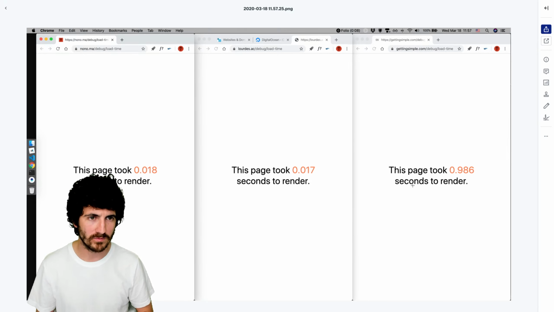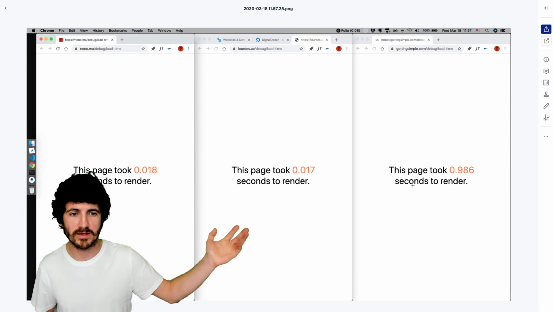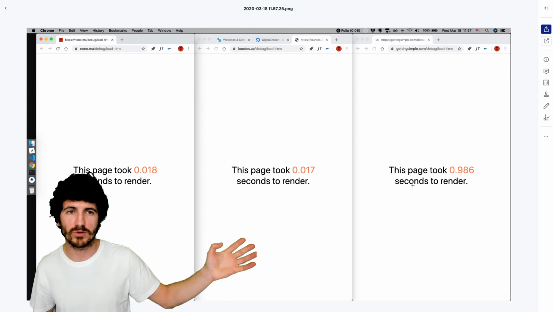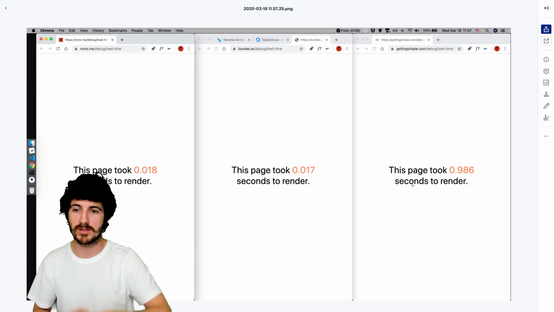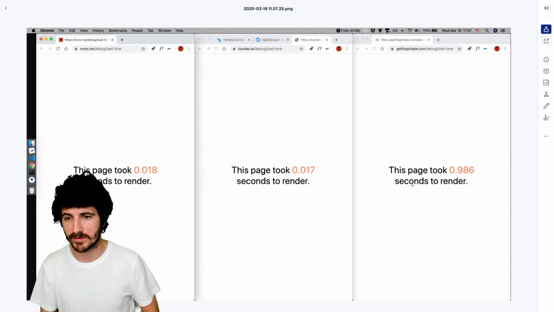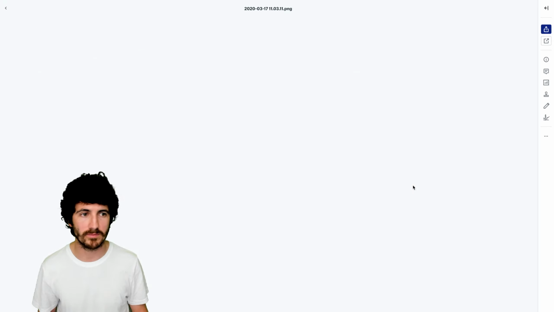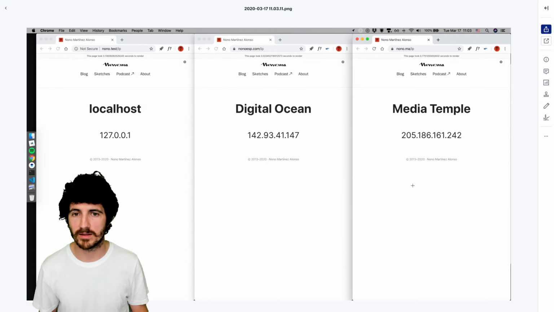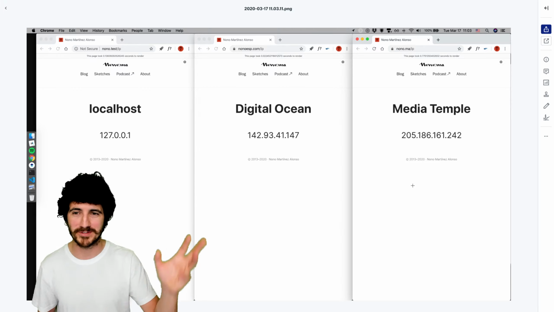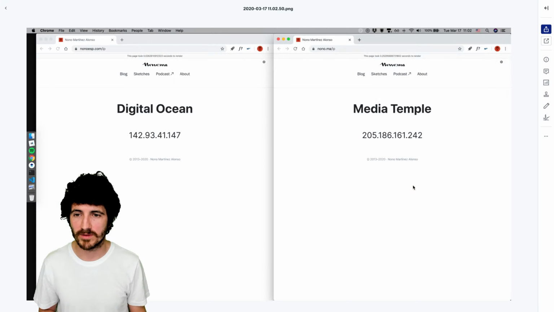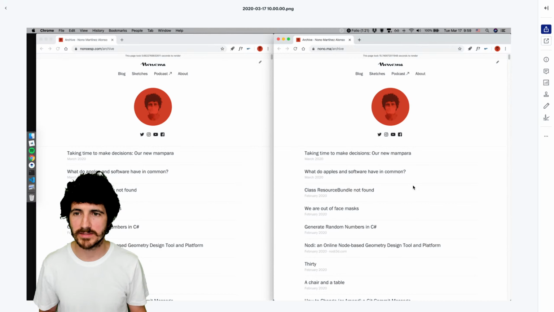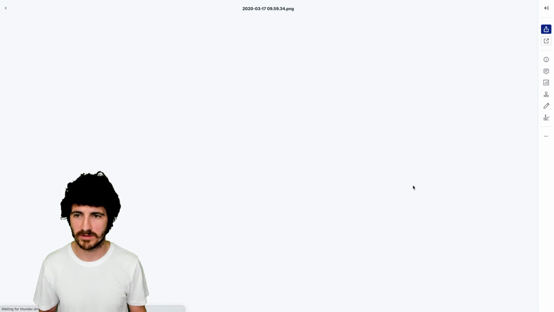I was looking at things that took maybe 1 second to load on the old server, and when I ported to DigitalOcean, I was down to 15 or 18 milliseconds. I was debugging when I was moving from site to site, from Media Temple to DigitalOcean and my computer.